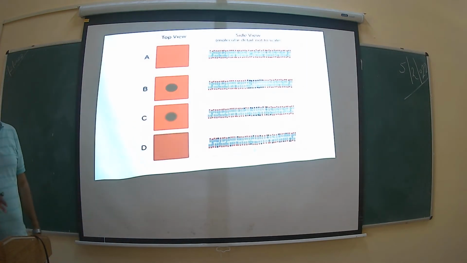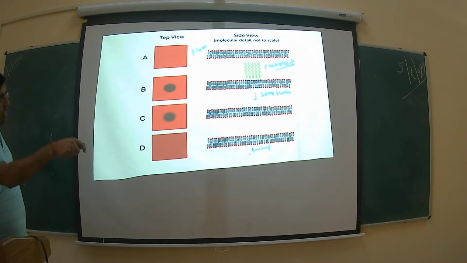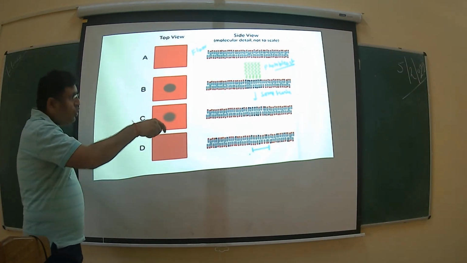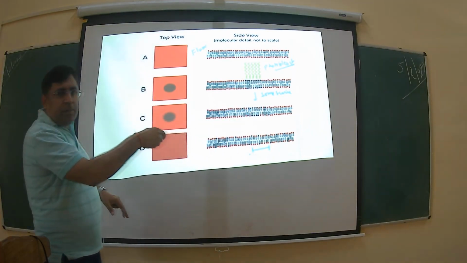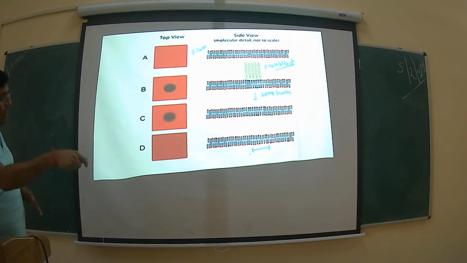Let me show you another. This is the top view. This is the phospholipid layer, and all the molecules are showing the red signal. You can see a red signal here. Now you did the photo bleaching. What will photo bleaching cause? It will degrade the fluorescent molecules, so you will not see any. It is darker in color. Here you will see red dark patches. Now after a certain time, because these are moving, the black patches start being displaced by the red ones. They are moving here and there, and after a certain time you will see that this area is getting illuminated,